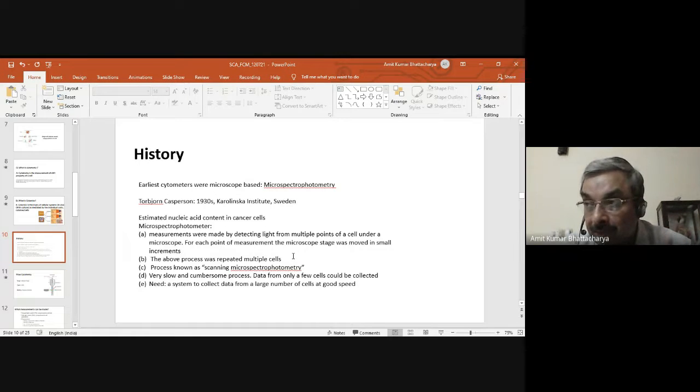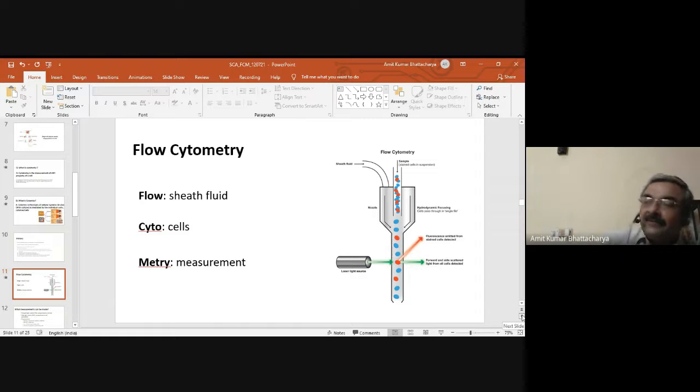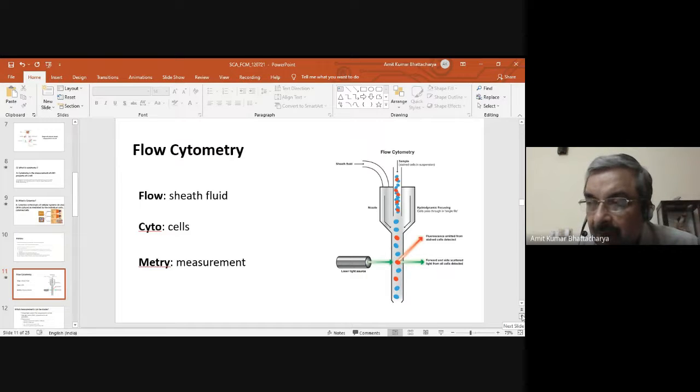But it was a microscope-based system, and it was time-consuming. Now, later, somewhere around the 1950s, there was a defense project in the USA in which they wanted to study biological warfare, where they wanted to study bacteria. And it was required that these bacteria are studied one cell at a time,